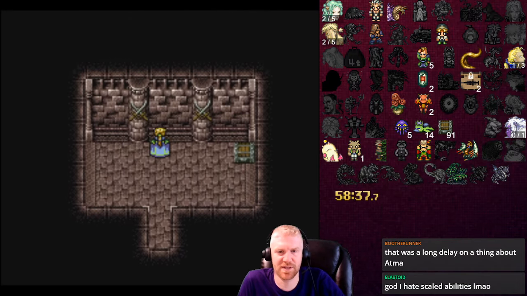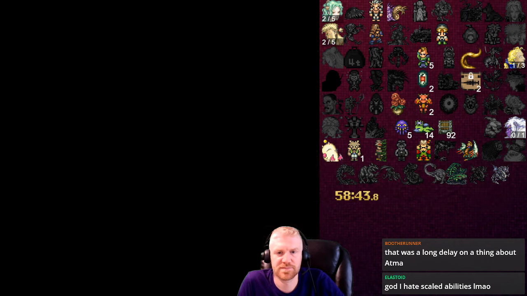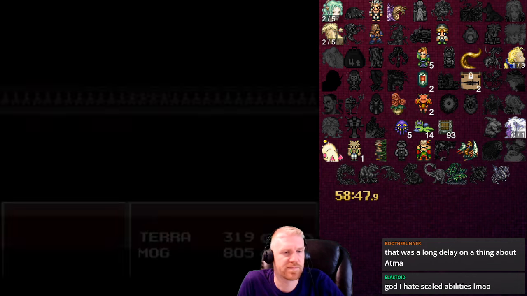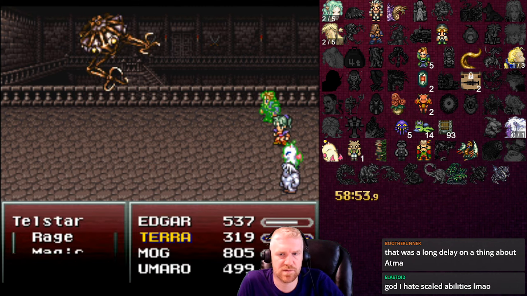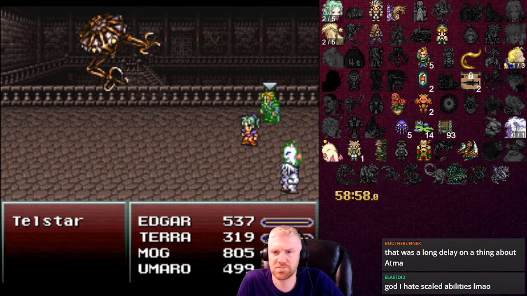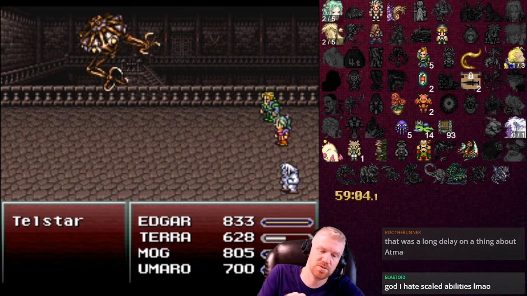You hate scaled abilities? Well, sir. Telstar? Alright, let's go ahead and try and get White Wind again. Not that it matters, because I don't have any lore users, but if I do have a lore user one day...